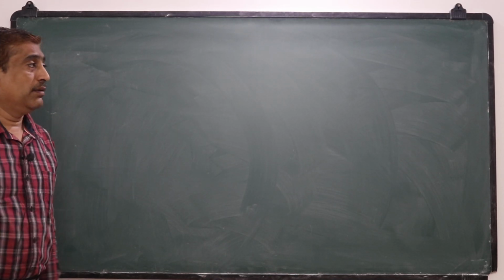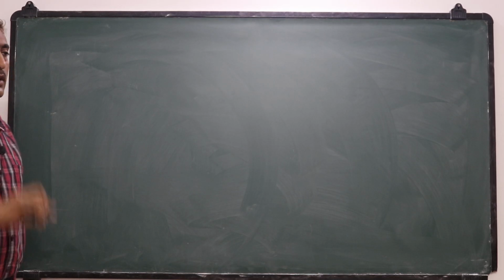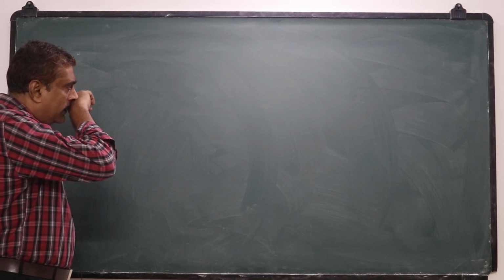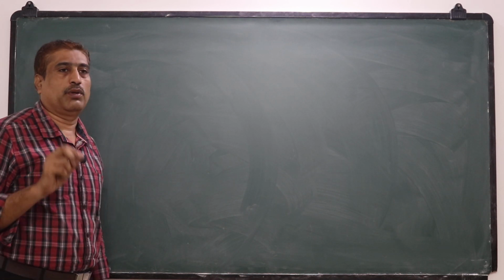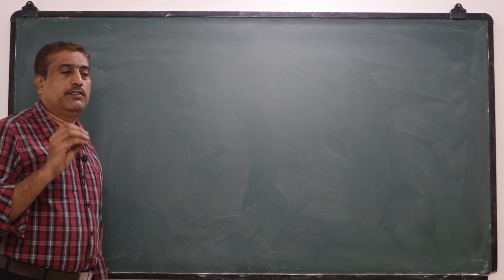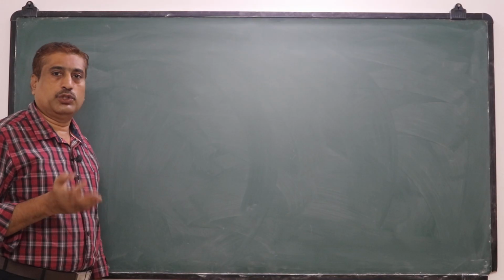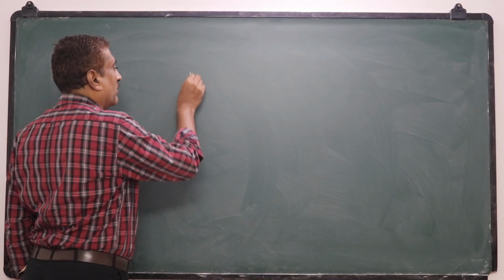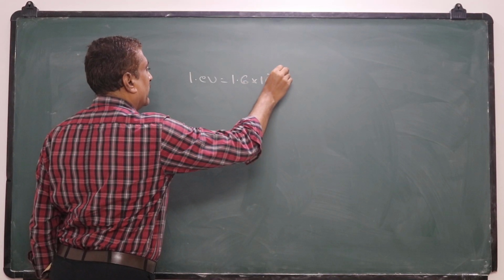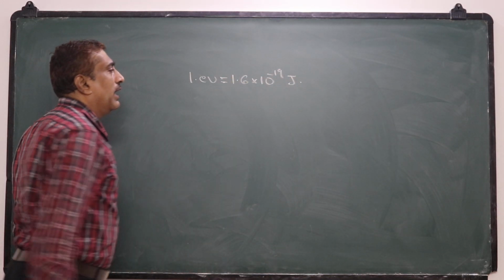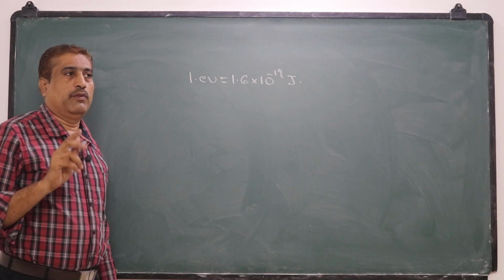Sir, before going to these problems, while converting into electron volt and joules, because usually in problems the energy will be given in electron volts. So to solve the problems, we have to convert into joules. So remember that 1 electron volt is equal to 1.6 into 10 to the power minus 19 joule. And if energy is given in electron volt, we can directly